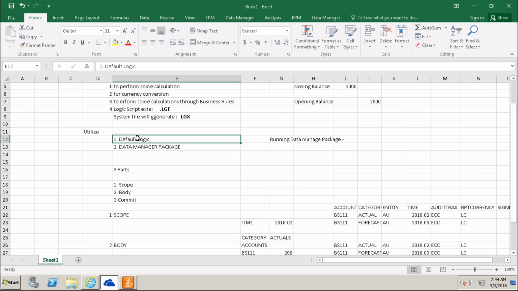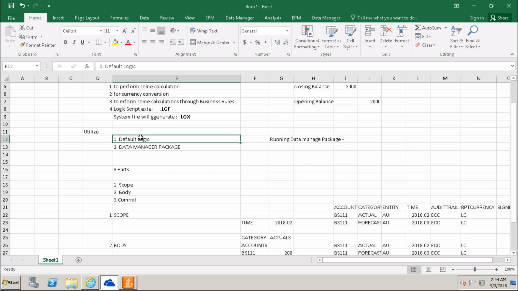Also, when I keep this script logic in the default logic and the user enters the data manually through the input schedule and sends the data, that is, when I click save data, saving means we are sending data to the backend.